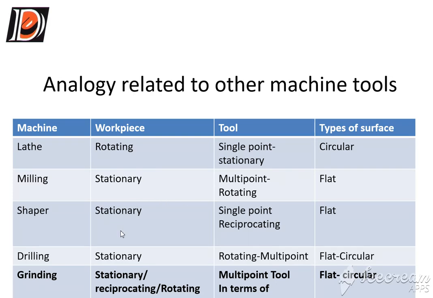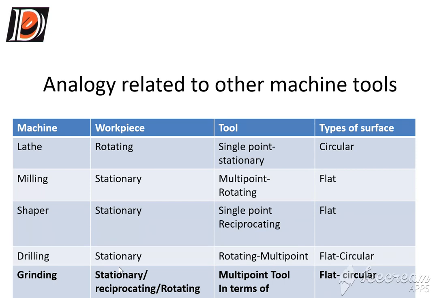In the same way we have the shaper machine. The shaper machine is preferred for flat surfaces. Here once again the workpiece is stationary and the tool is reciprocating if we are using the quick return mechanism, and that tool is a single point cutting tool. In the same way we can understand drilling with respect to the workpiece and what kind of surfaces are there. So by considering this analogy, in the grinding machine we are going to remove a very small amount of